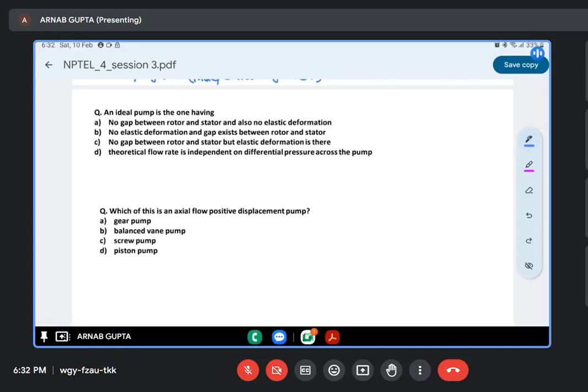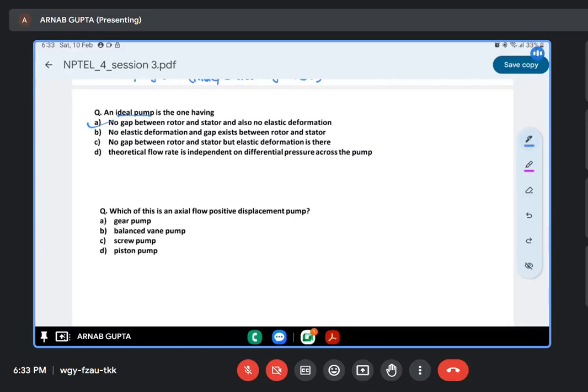So while designing the pump, we have to make certain assumptions. One such assumption is that the pump is ideal. Under what circumstances do we consider the pump to be acting as an ideal pump? It is saying that there is no gap between the rotor and stator, and also there is no elastic deformation. That is one of the features of an ideal pump,